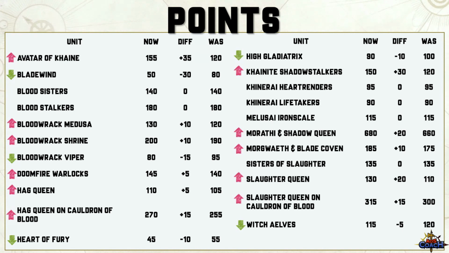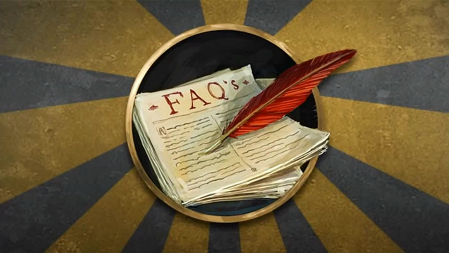I am surprised that snakes didn't get touched, considering they are the more competitive side of Daughters, but you are seeing some Witch Elf and Sister of Slaughter incentives in your battle tactics and your green strategy. So maybe they're trying to incentivize them through other means other than nerfing snakes and heavily discounting Witch Elves. But as always, the true list tech is going to come out once the FAQ is released,